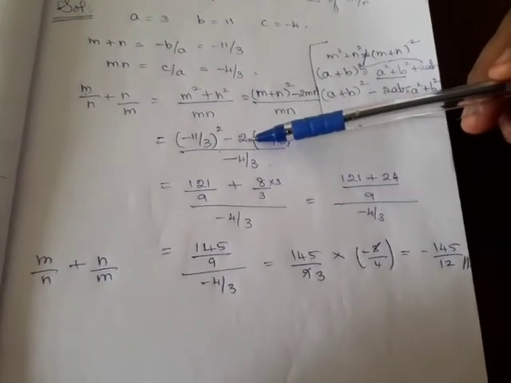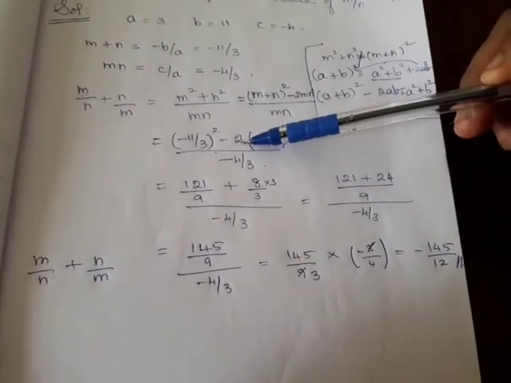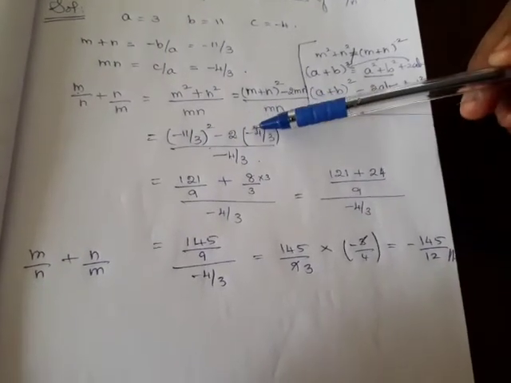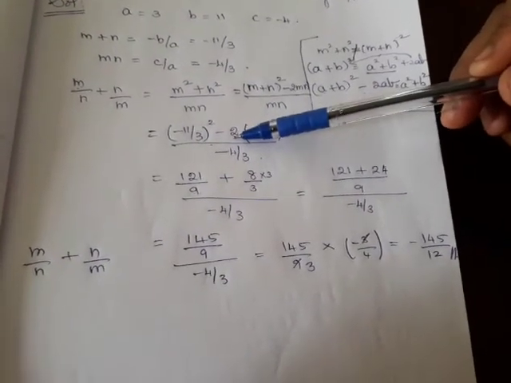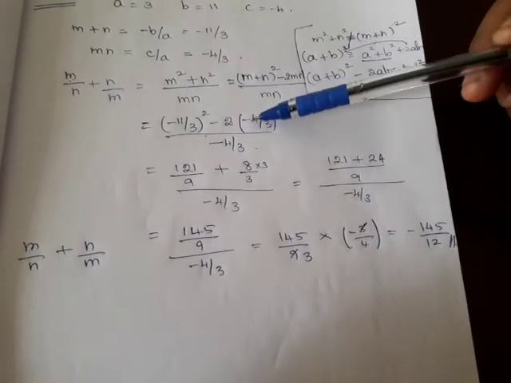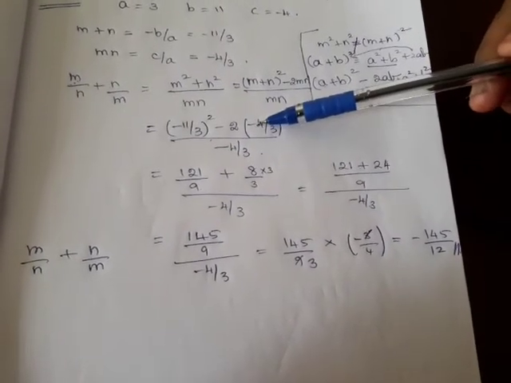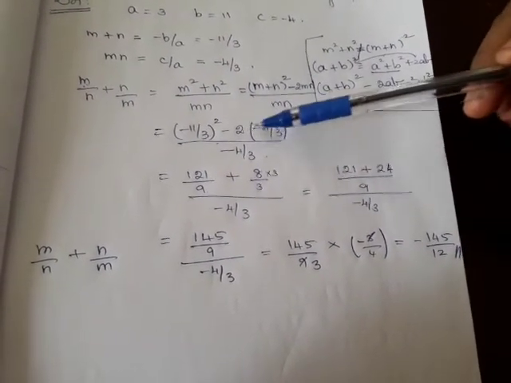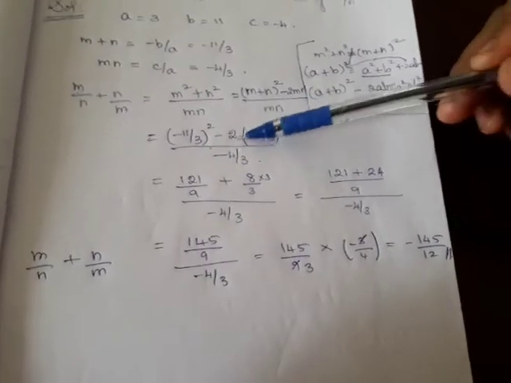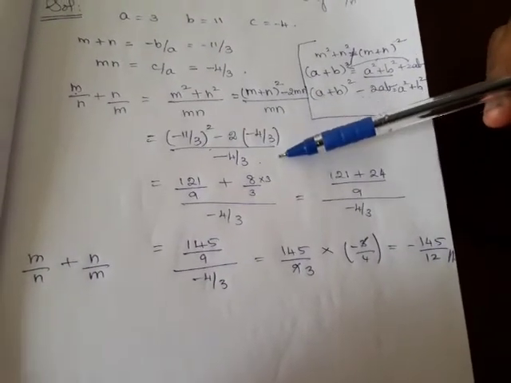Many will make mistakes. Still people are making mistakes with this type of calculation. When you multiply a fraction with a whole number, this whole number should be multiplied only with the numerator. Many are still multiplying with the numerator as well as with the denominator. 2 fours are 8 divided by 2 threes are 6, and they are doing that.